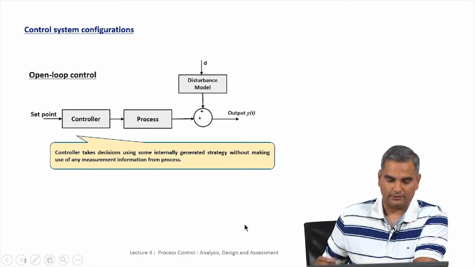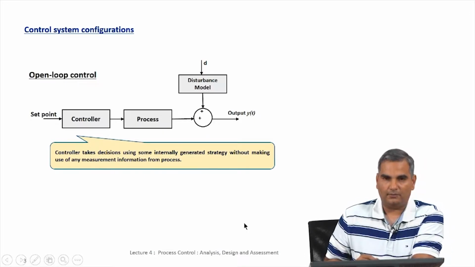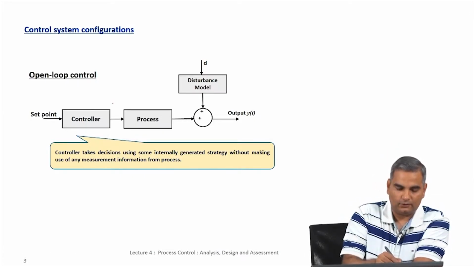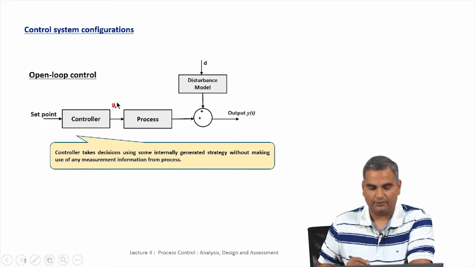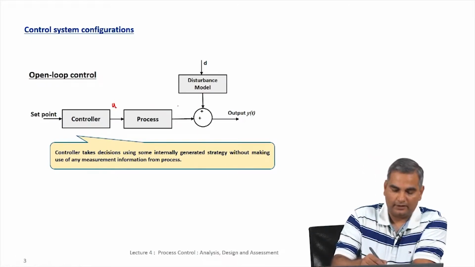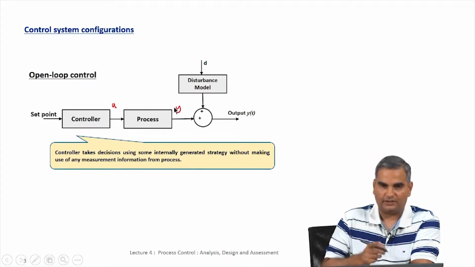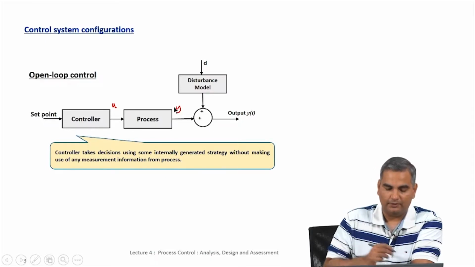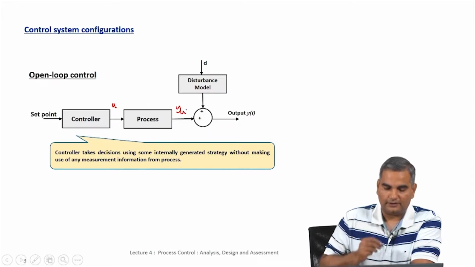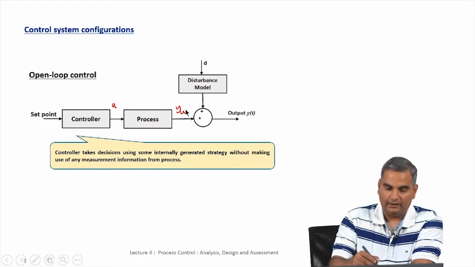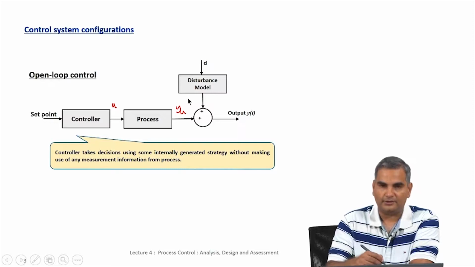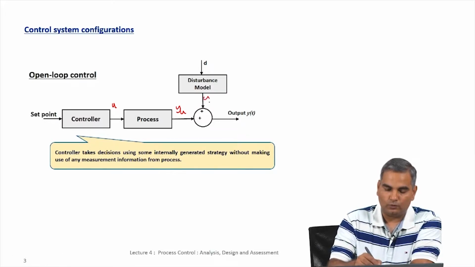So, the simplest idea of a controller is the following. So, I have a process. Whenever I draw a block like this, basically this controller is giving the manipulated variable value into the process, and then the output from just the changes in the manipulated variable is given by this. So, we can say YU, and this disturbance model is another place where the control variable changes. So, the output of this is YD.